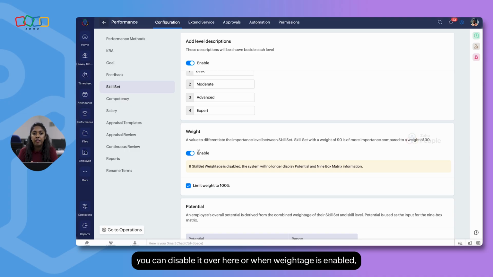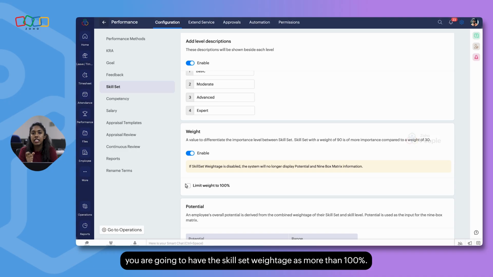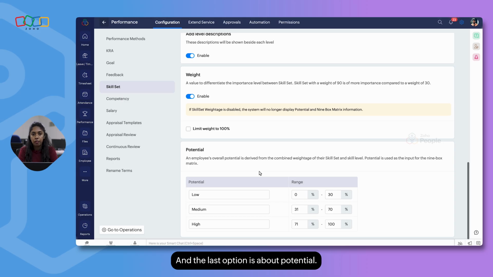Or when weightage is enabled, you can also limit it to 100%, which is nothing but, if you're going to tag 5 different skill sets to a particular designation, the sum of weightages of all these 5 skill sets should be 100 and not more than that. But by disabling this option, you are allowing a provision where you can have the skill set weightages more than 100%.